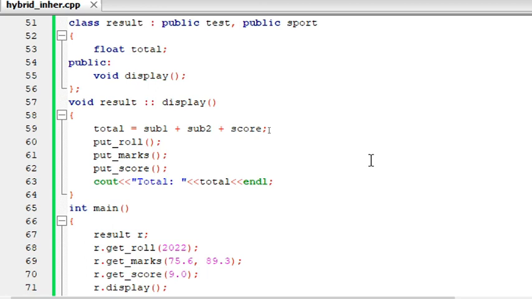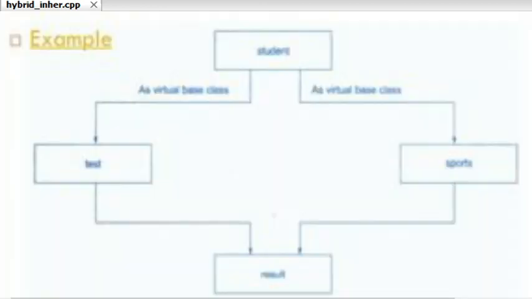So let me add it in a quite different manner. I'm going to add one more inheritance here, that is hierarchical inheritance. We are going to have multi-level, multiple and hierarchical. So I'm just changing the picture, or changing the way it is going to inherit. Look at the picture here. We have a student as a base class, and then we have test that is inheriting from student. At the same time, sports is also inheriting from the student. That means one base class, two derived classes. Base is student, derived are test and sports. So this satisfies my hierarchical inheritance.